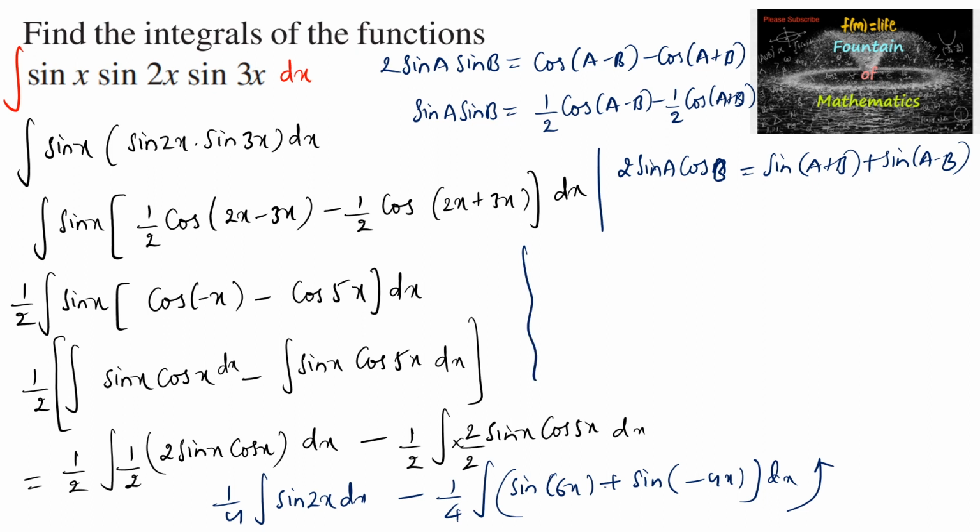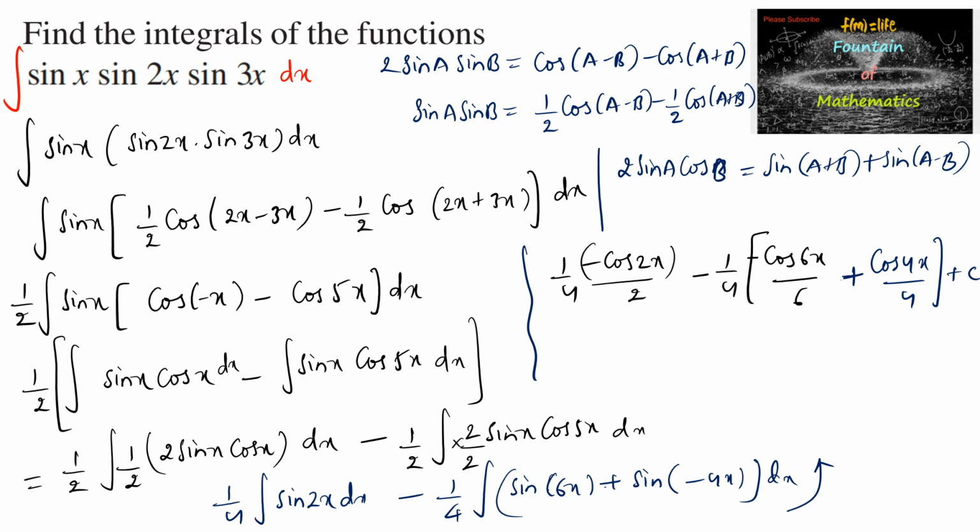So further simplifying, we can write 1 upon 4 integration of sin is minus cos 2x upon 2, minus 1 by 4 times integration of sin is negative cos 6x upon 6, and here minus of minus will become plus, or minus, let me write, minus integration of sin of 4x is minus cos 4x, so minus of minus plus cos 4x upon 4 plus constant, or we can write minus 1 by 8 cos 2x, and here minus of minus plus 1 by 24 times of cos 6x, and again here minus 1 by 16 times of cos 4x